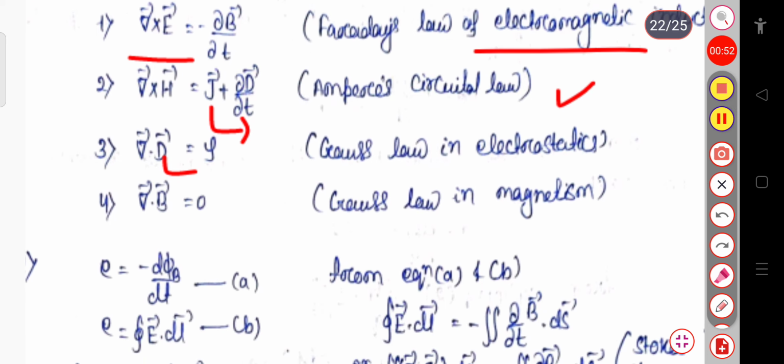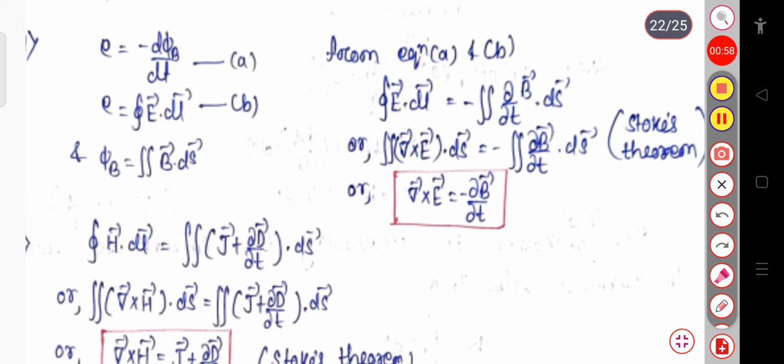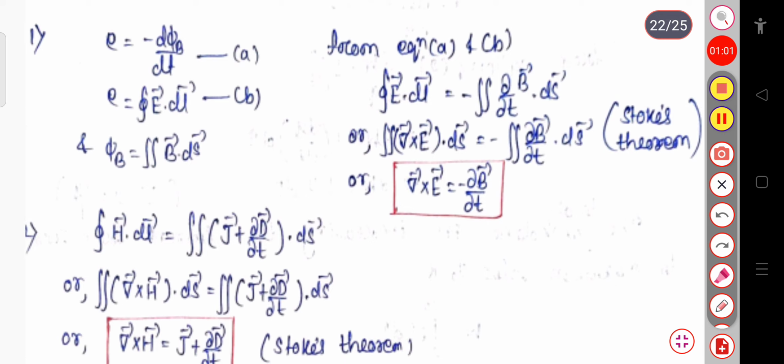So let us first see the first equation. I will derive it and explain it to you within a few seconds. We know the EMF can be written as E equal to the rate of change of flux. This is Lenz's law, minus d phi by dt. And again, from the definition of the EMF, this is equal to the line integral of E dot dl. Also, this phi can be expressed as phi equal to the surface integral of B dot ds. We have already proved it in the derivation of Faraday's law and the differential and integral form of Faraday's law. So let me prove it again.